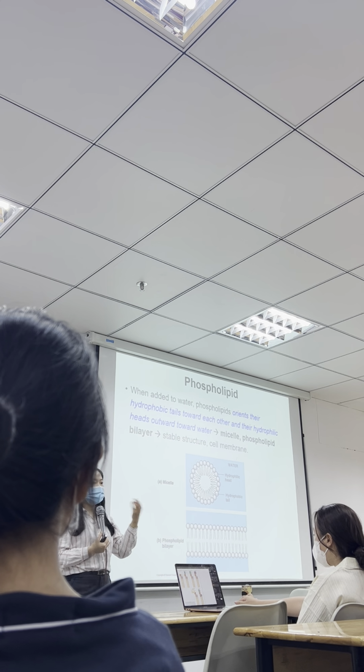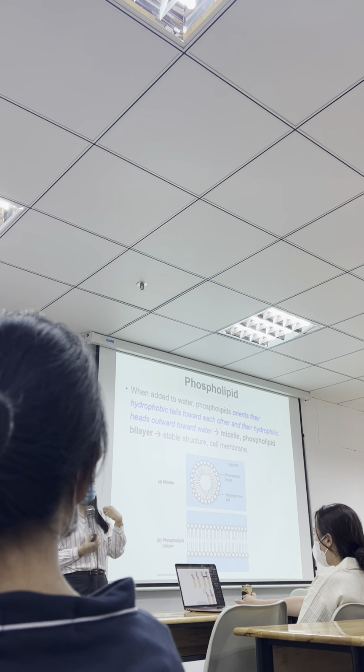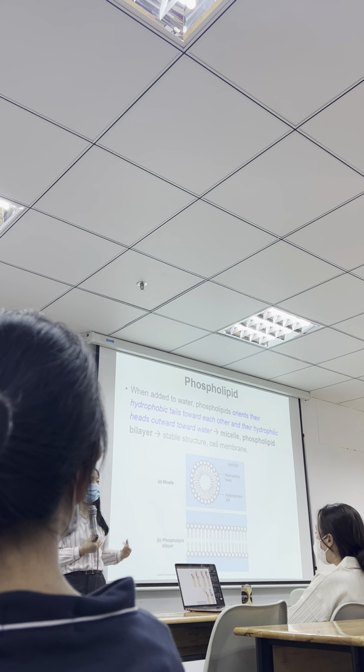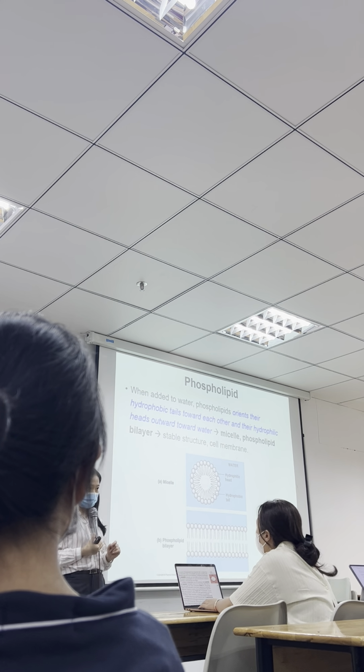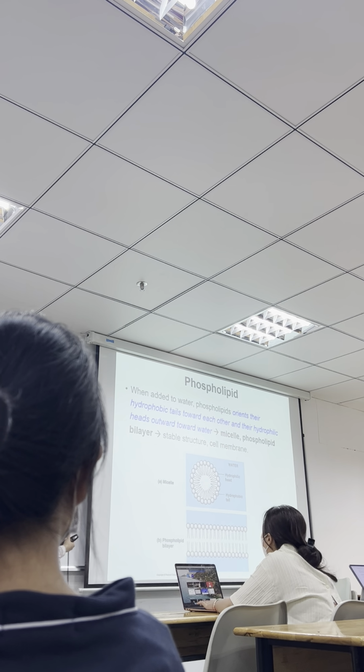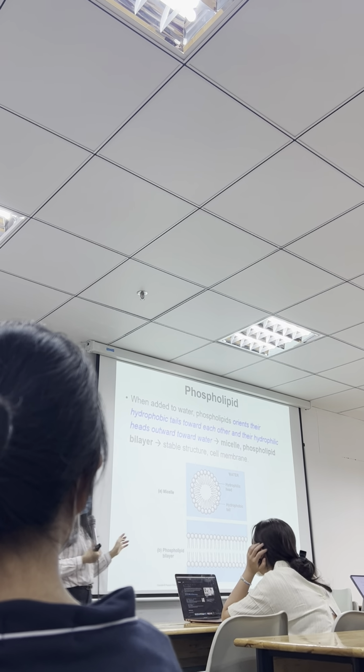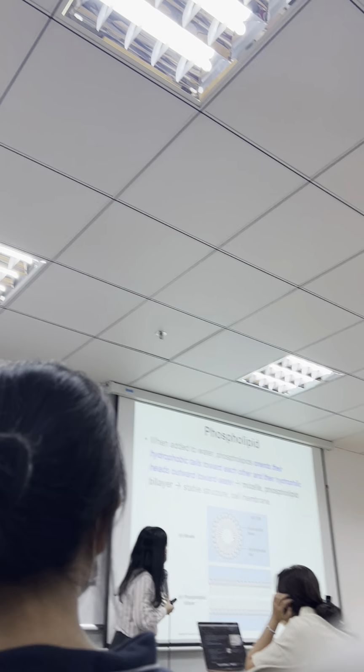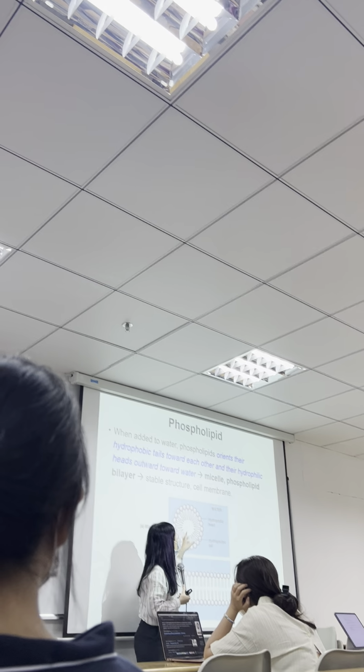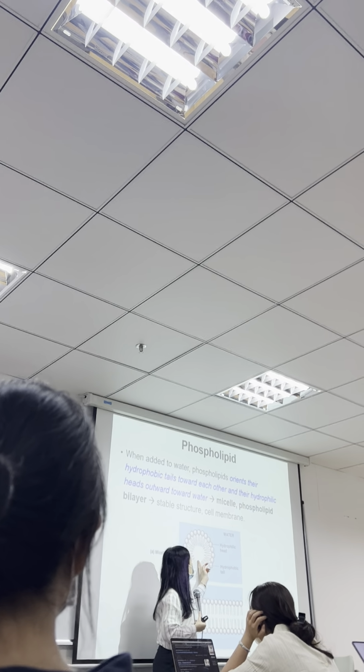But if we just normally drink the medicine, it can affect healthy cells, not only cancer cells but also healthy cells. So they use a targeted drug delivery system in which the drug will be put into micelle,